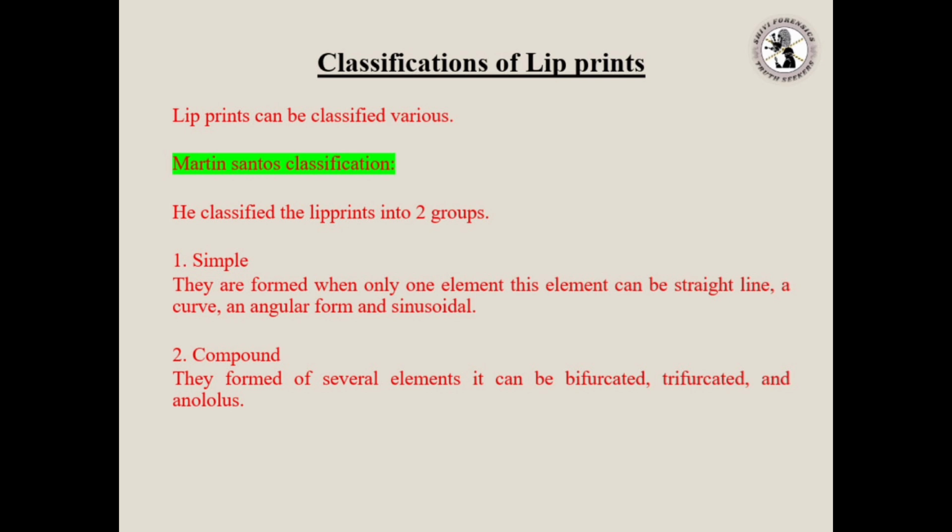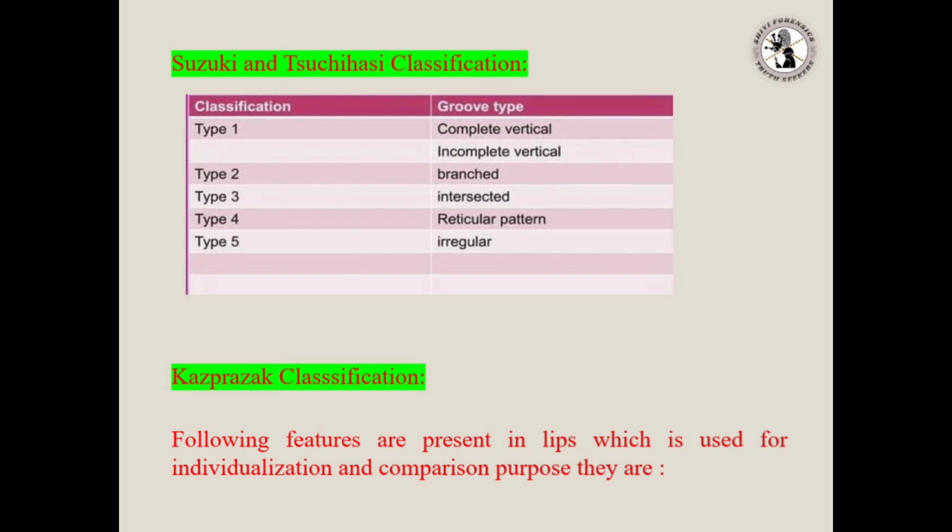Then, on the other hand, if they are formed of several elements, which is called compound, it can be bifurcated or trifurcated. Then, in 1971, Suzuki and Tsujihashi classified the lip print into 5 types based on the grooves that are present on the lips. It can be complete vertical, partial vertical, branched, intersected, or reticular and irregular shape. Then, after that, in 1919, Kras-Prsak conducted research for a period of 5 years on 1,500